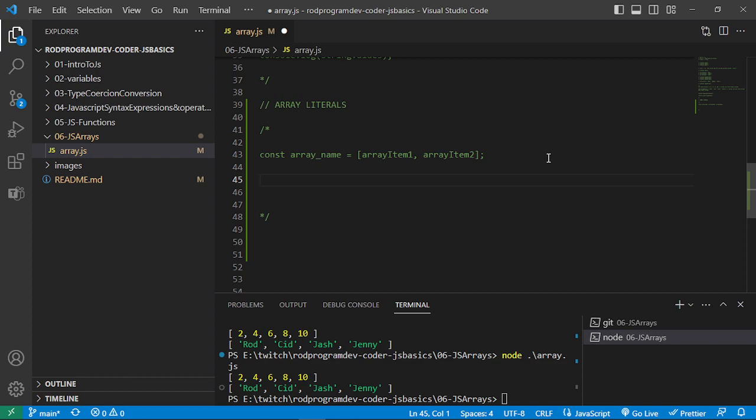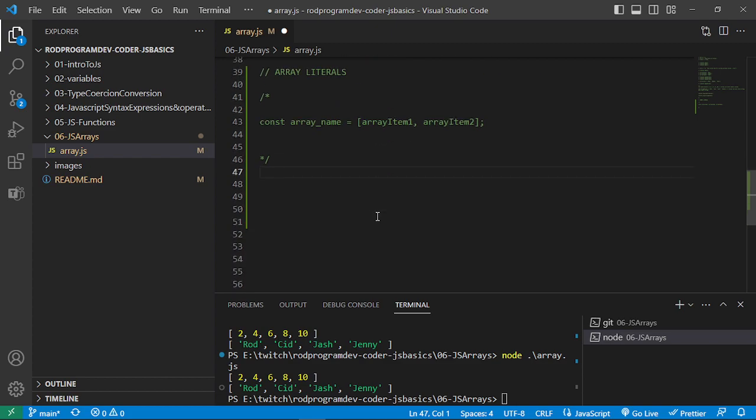And one of the common things that you would see when you're declaring some array literals will be with the use of the const keyword, or the constant keyword here. So that's just something that you might want to take note of. And one of the other things that when you're declaring array literals, if we try to, let's say,